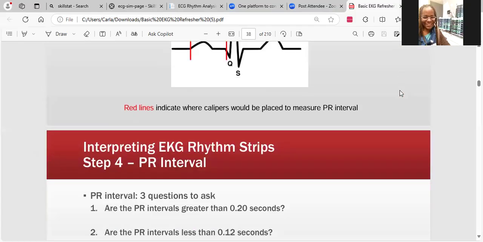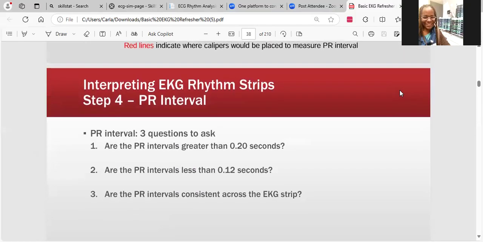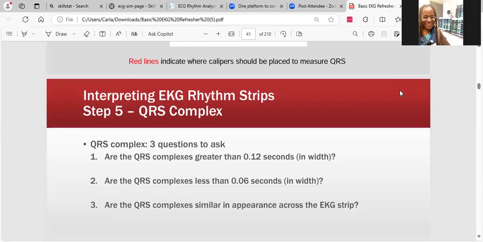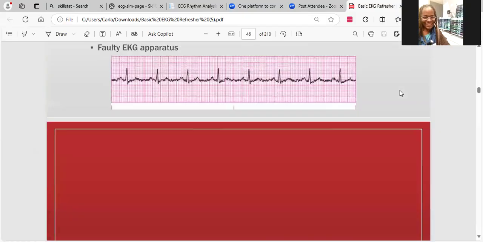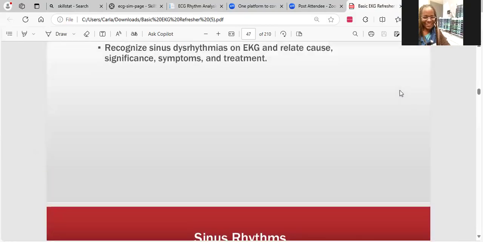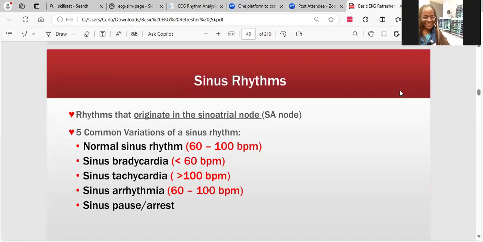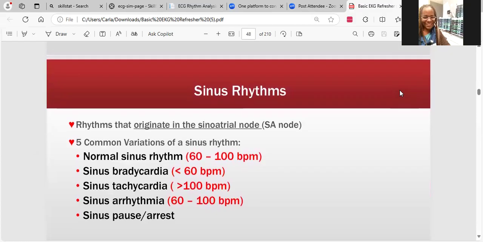So we're going to go to the P wave. And again, as I discussed, I'll do the PR interval at a later time. And we're going to get into our sinus rhythms. So our sinus rhythms that we have are normal sinus rhythm, sinus brady, sinus tachycardia, sinus arrhythmia, and sinus pause